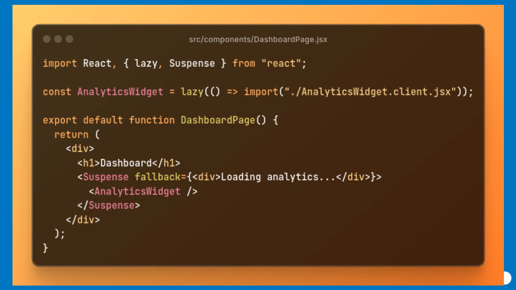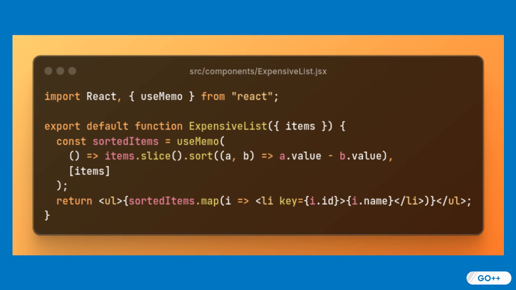This setup ensures that rarely used widgets are only loaded when needed, minimizing the initial bundle size and improving page performance for large-scale applications. This is an example of a pure utility component performing expensive calculations with useMemo. The React 19 compiler auto-memoizes the component, and useMemo is used for the computationally intensive sort, ensuring efficient rendering for